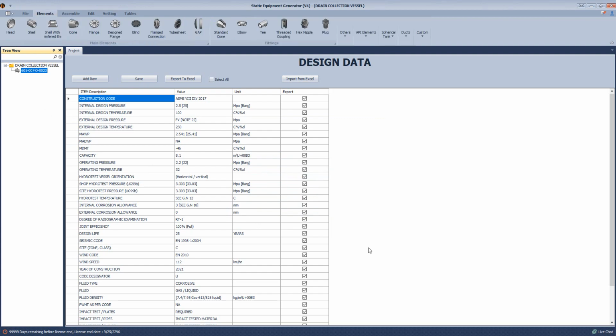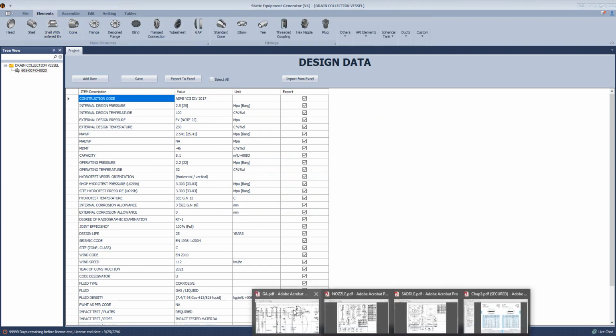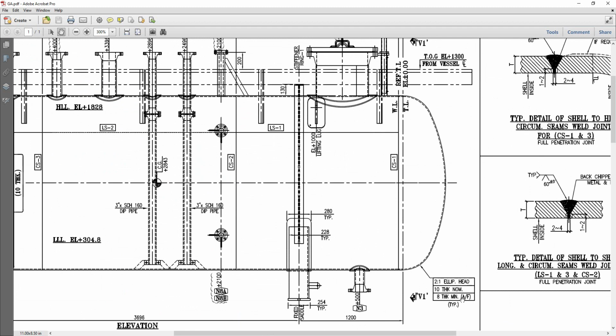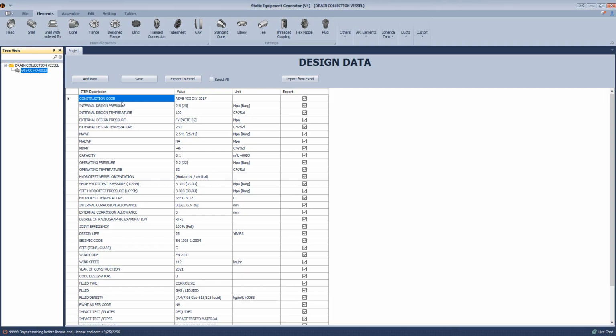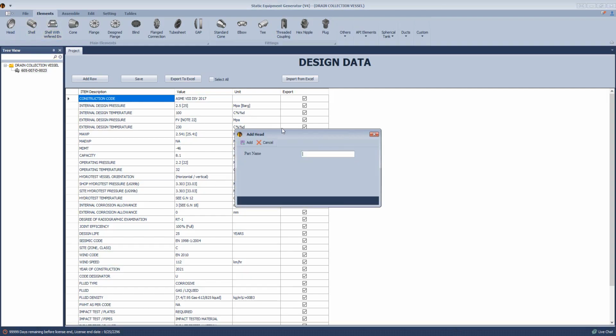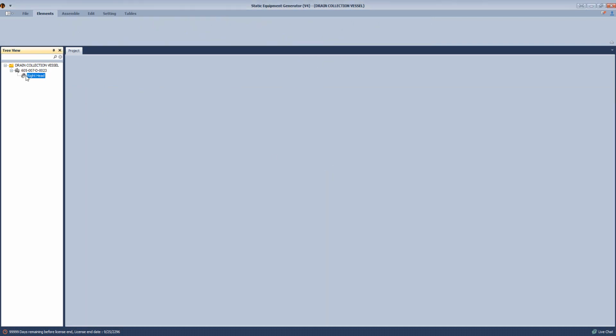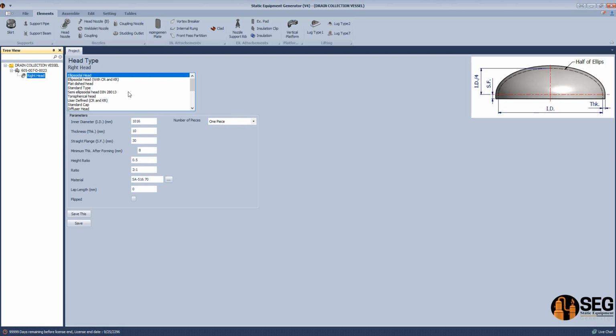Now let's create the first item, which is this ellipsoidal head. Okay, this ellipsoidal head with inside diameter 1 meter 981. So from here let's select head and name it as a right head. Click enter. Now here you will find a list of different types of heads available in SEG,